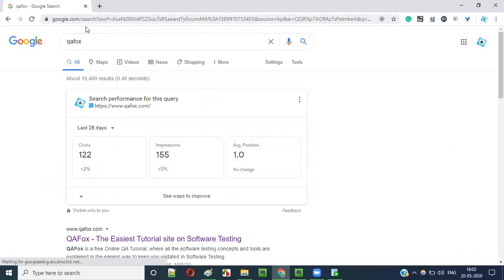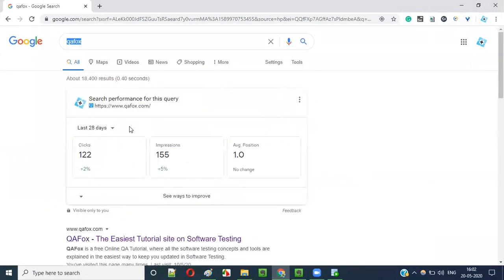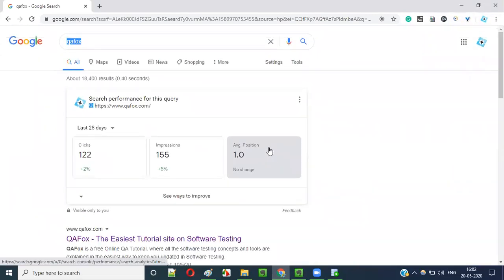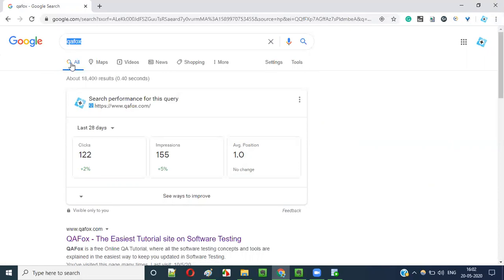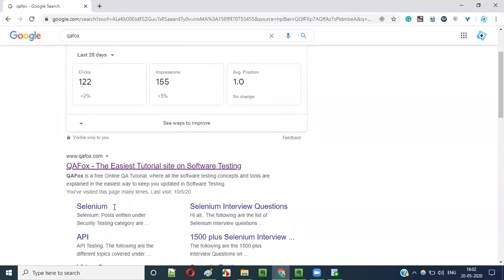This Google search engine can point to a lot of data, but when you provide this text like QFox, based on this particular text it will get you all the related results. It will filter some results. Google can search a huge amount of data, and while searching, if you provide this QFox text, only the search results related to this particular QFox term will be filtered and displayed in the search results.